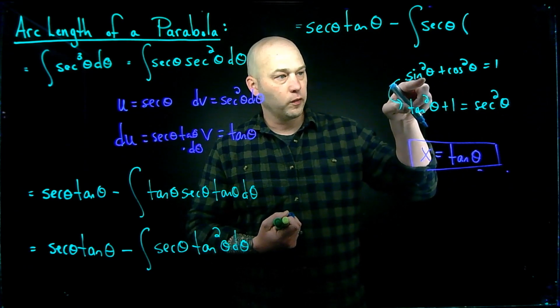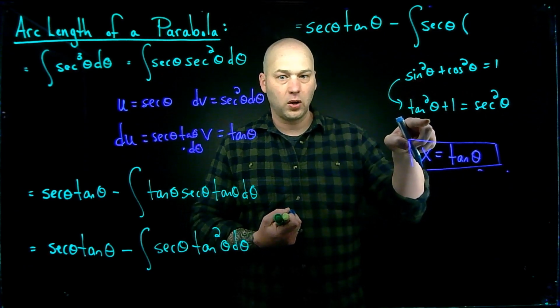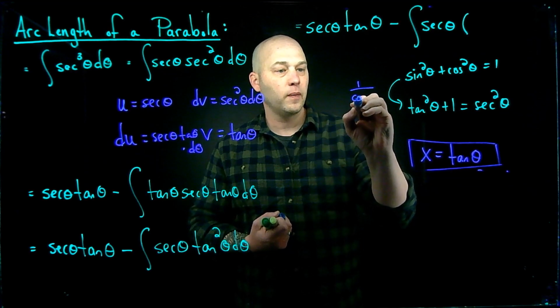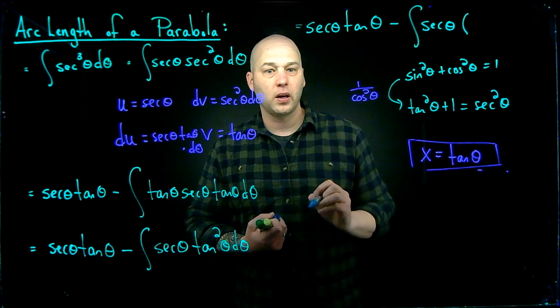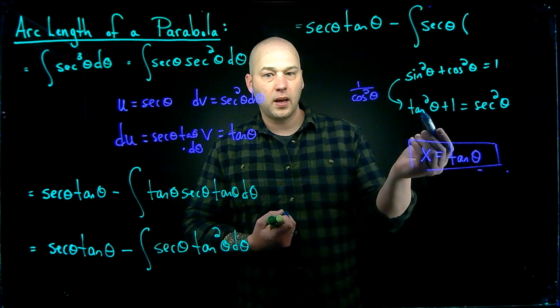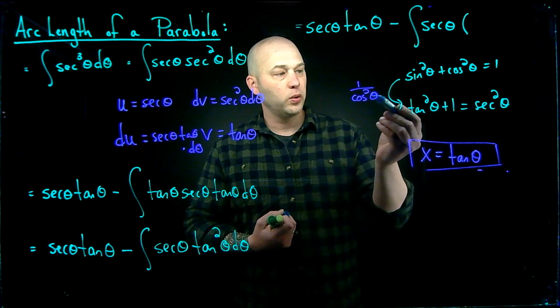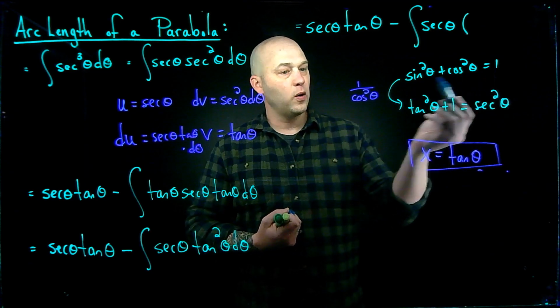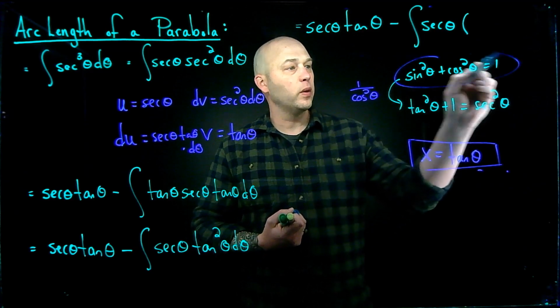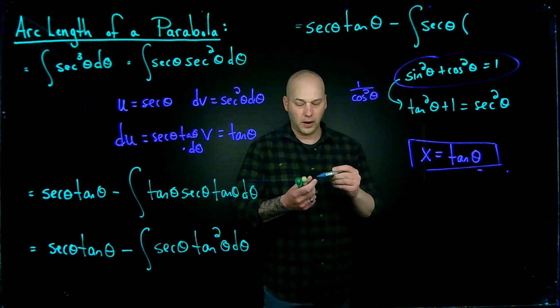Well, how do I go from sine squared to a tan squared? I have to have a cosine squared in the denominator. So what I do is I multiply the entire thing by the reciprocal of cosine squared. Therefore, sine squared over cosine squared is tan squared. Cosine squared over cosine squared is 1. 1 over cosine squared would be secant squared. So again, really this is the only one that you have to memorize, and then the other Pythagorean identities just